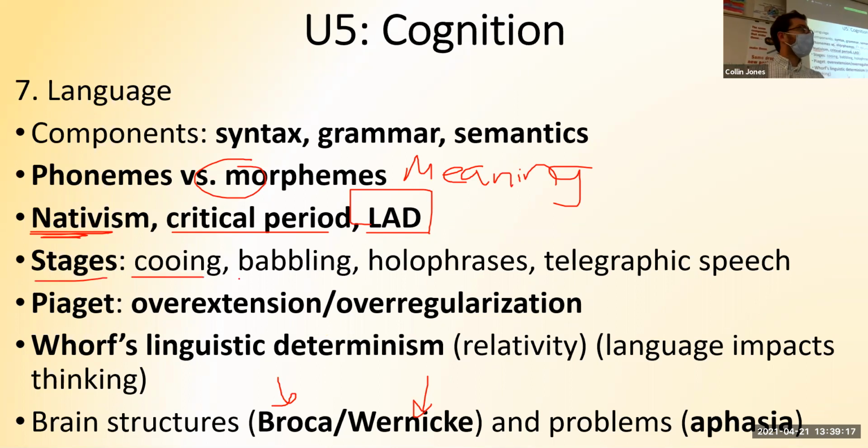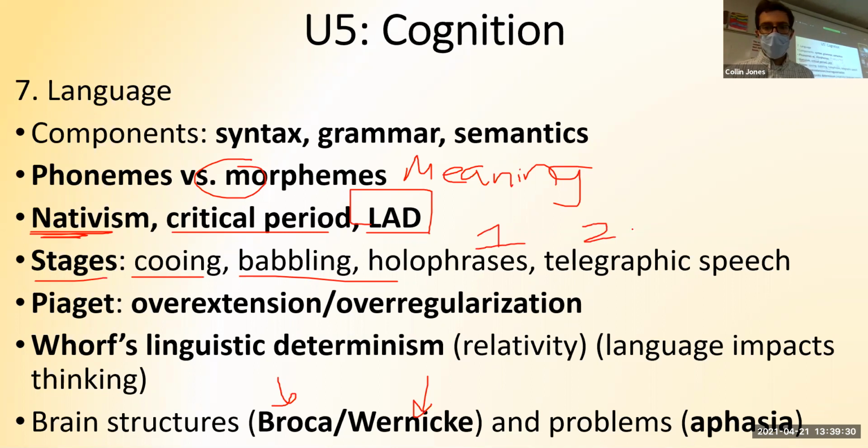They start out all making the same noises. And what's the difference between cooing and babbling? When they babble, it sounds like what? Whatever language they've been exposed to. That's what babbling is. Holophrases, how many words? Telegraphic speech is like 2-word short phrases. They're really bad with grammar rules, so they overuse them.